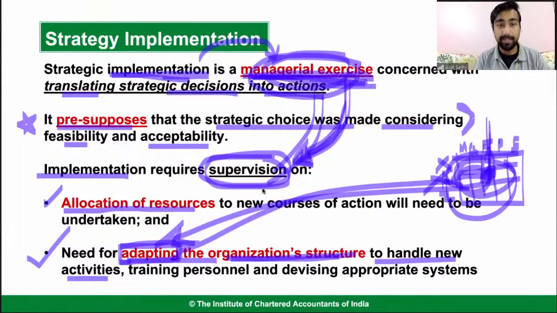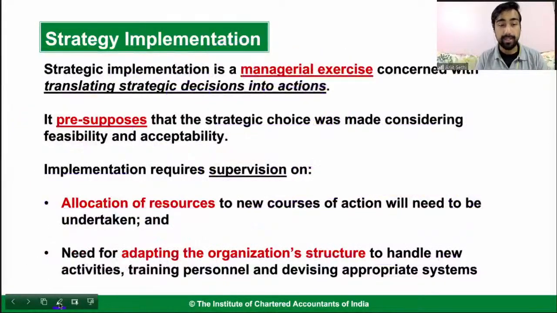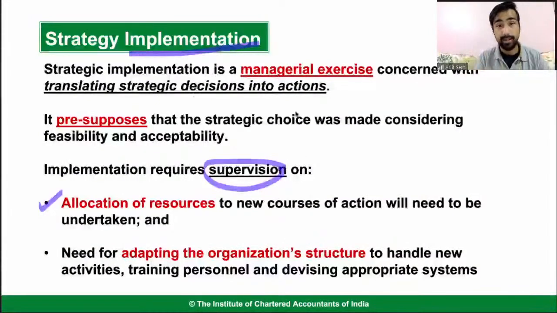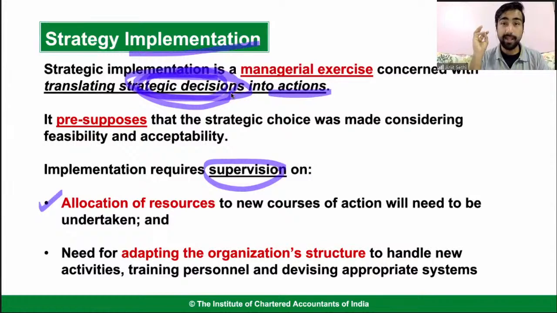Right? That is what forms part of strategy implementation. In strategy implementation, you check whether allocation of resources is going fine or not; you have to supervise. The decision has already been made, you're just converting that into actions. People have already taken decisions at different levels, like in chapters 4, 5, 6. Corporate level, business level, and functional level decisions have been taken. We're just implementing. You have to supervise.